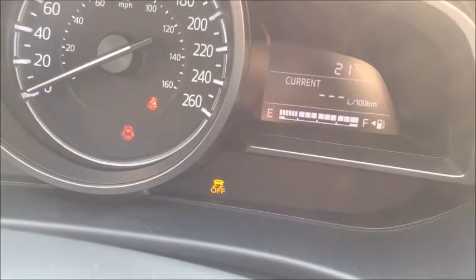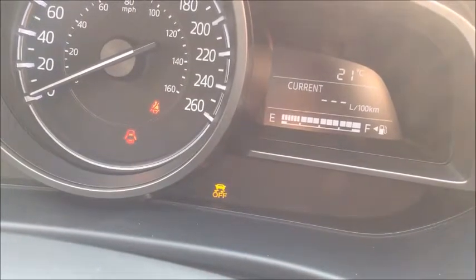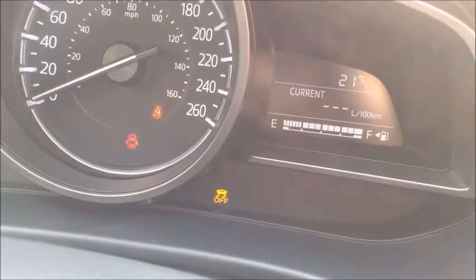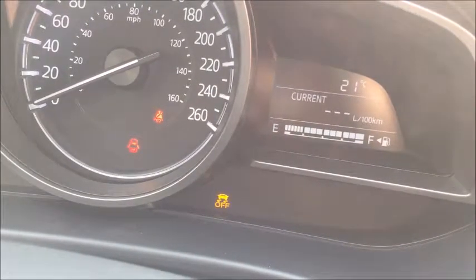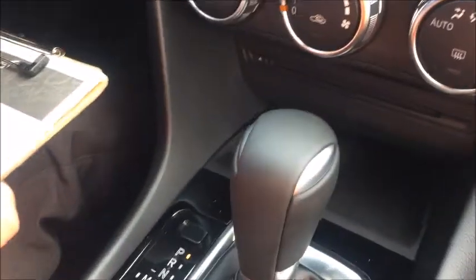You can see that little squiggly car light up there. That means it's going to draw equal power to the front tires, so you can kind of spin yourself out of some really crazy situations depending on what you're in. Normally, you never really want to turn that off, but there is the button for that. Traction control is being talked about. We did the lights,